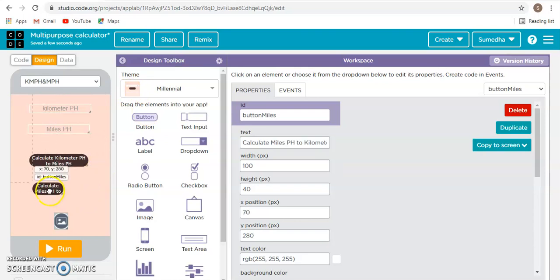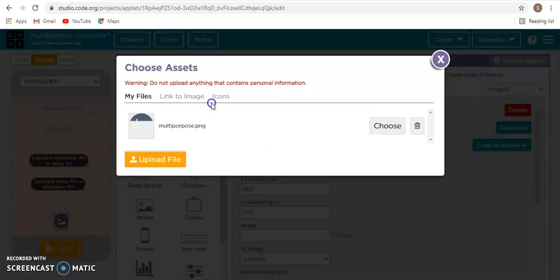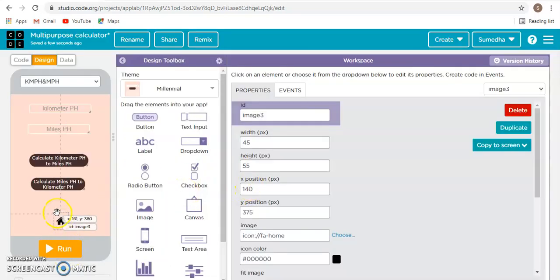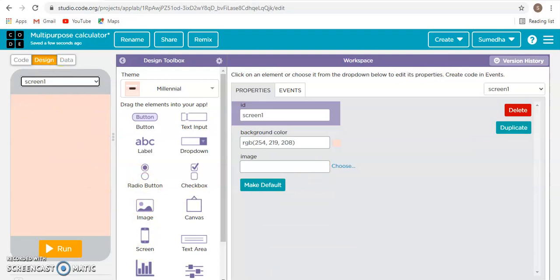I think we'll do 3 space. I don't know how much we can do. Yeah. And here we'll add this icon, the other icons here. House icon, okay, this one. So now we'll add one more screen. So okay, we'll name the screen as K and P